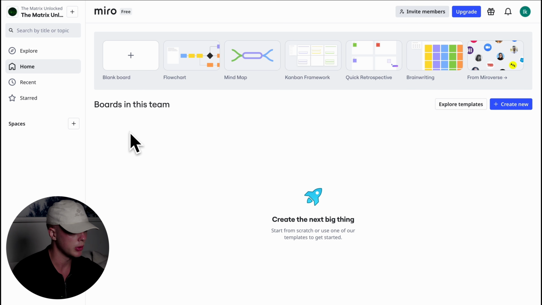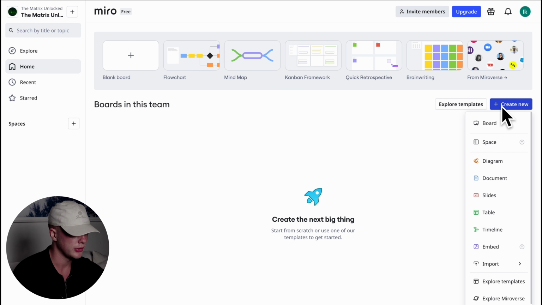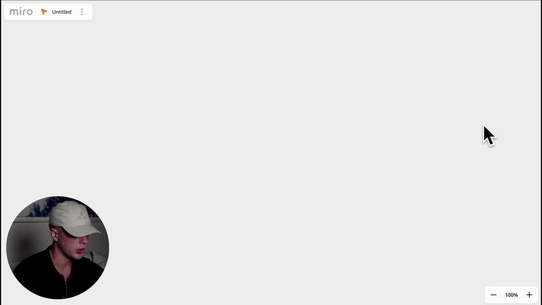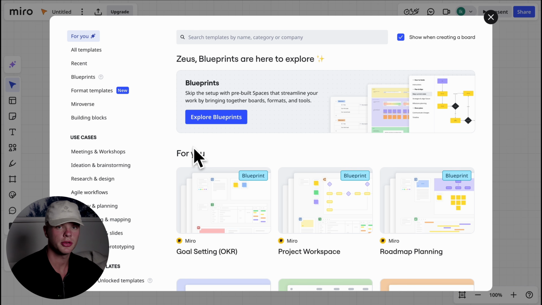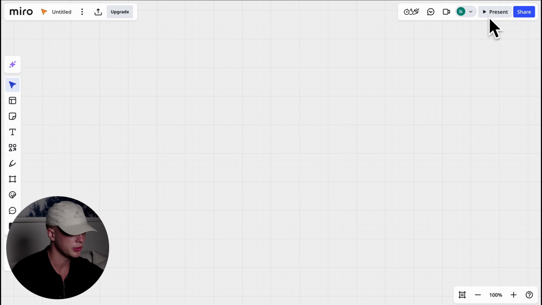When you come to Miro.com, what's very important to note is that right here you see boards in this theme. When you press on Create New right here, I want you to press on Create Board. When you press on Create Board, it opens up the following page where you will be able to create your own board. Once you have created your own board, the following matches will show up, where you can see all of the different templates they have created, but we are not going to be using any of the templates because I'm going to show you exactly how you can create your own trading model.